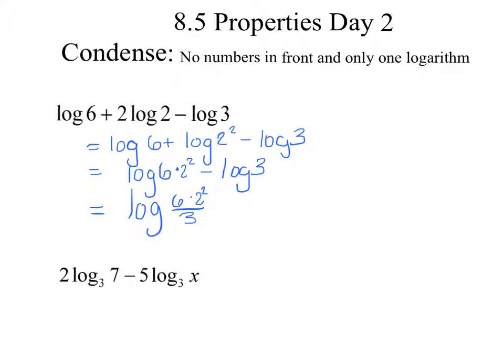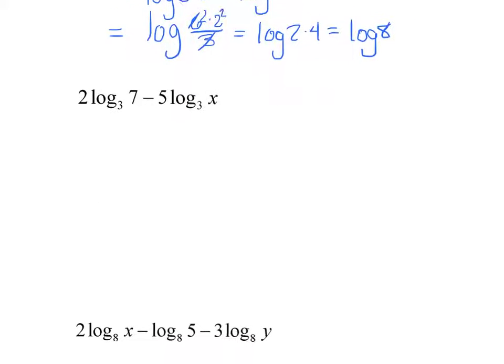Okay, so we did our division, and now it's just a matter of simplifying. 3 goes into 6 twice. So now we have log of 2 times, and then 2 squared is 4, and so we get log of 8. And we have one logarithm and no numbers in front, so we're done with that one. Now if I go to the next one,